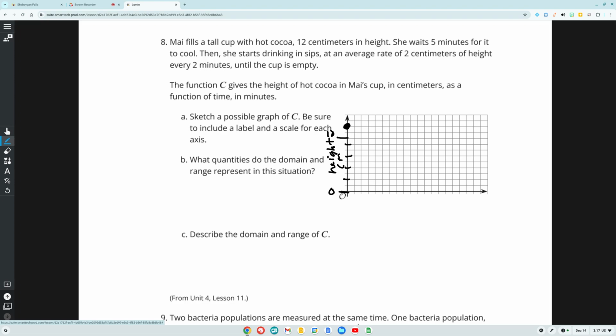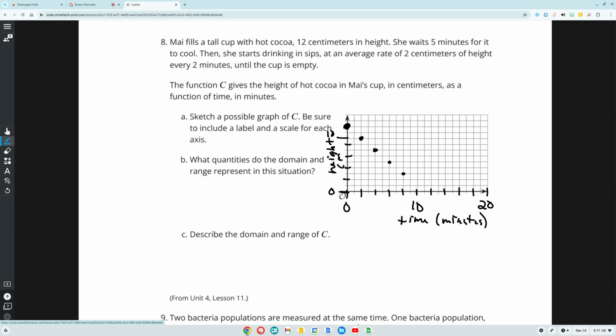So I'm just going to keep my scale the same on my horizontal axis. 2, 4, 6, 8, 10. My inputs are time. 2, 4, 6, 8, 10. And this would be time in minutes. So 2 minutes later, instead of having 12 centimeters, I had 10, and then I had 8, 2 minutes later, and then I had 6, and then you can see your slope of,